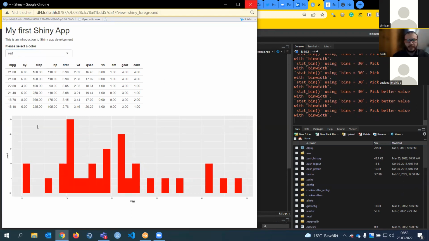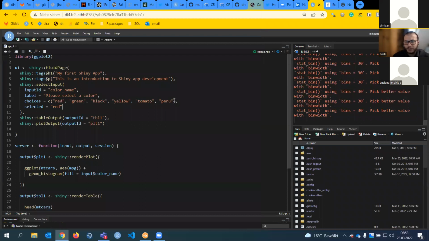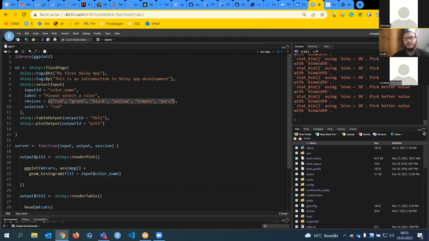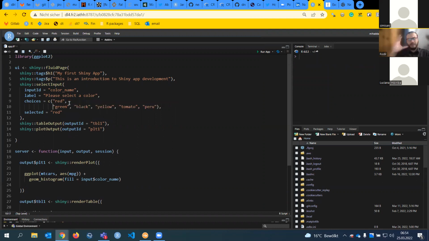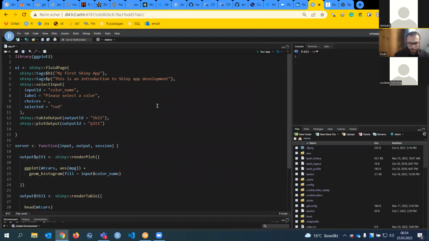But let's say it's too much, and we want to provide all the existing colors in the choices. We're not going to write manually a vector of 200 elements. What's cool about R, it's not really related to Shiny, it's about R in general, is that inside parameters we can not only provide vectors, we can provide any object if the function takes it. So in select input, we can provide a function, and the result of this function will be used by the choices parameter.